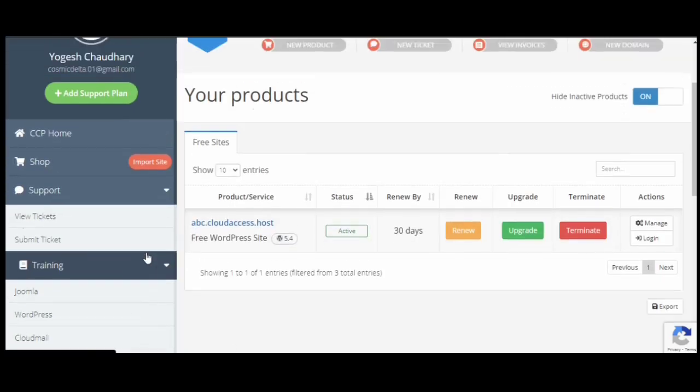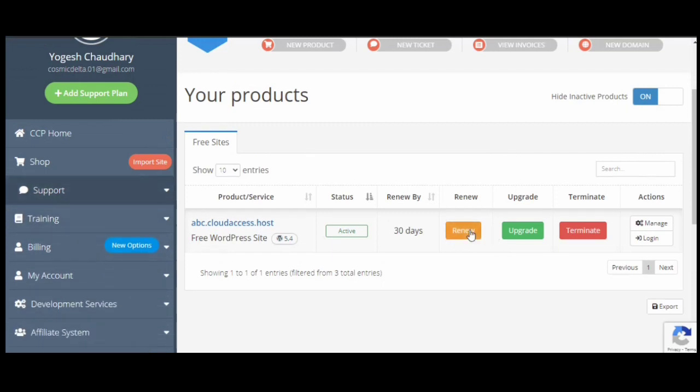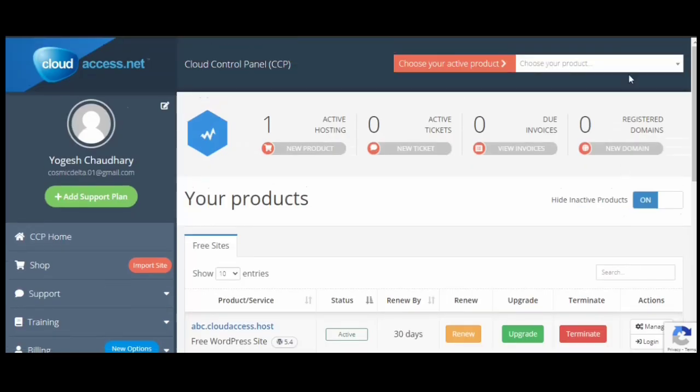email, etc. And a review, there is a con over here that this website needs to be renewed every 30 days. For example, if I use it today, then tomorrow I can renew it, or I can wait for another 29 days to renew it. But if you don't renew it, it will go in a passive state. That is, it will not be able to be indexed over Google sites. That is, it will become inactive. Right now it is active. So choose your active product. Here you can see that we got a website name.